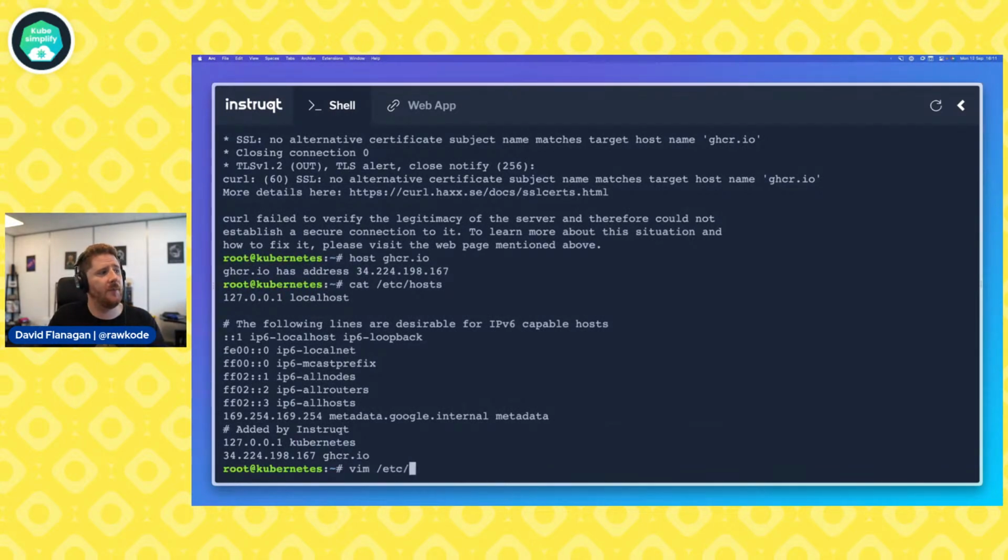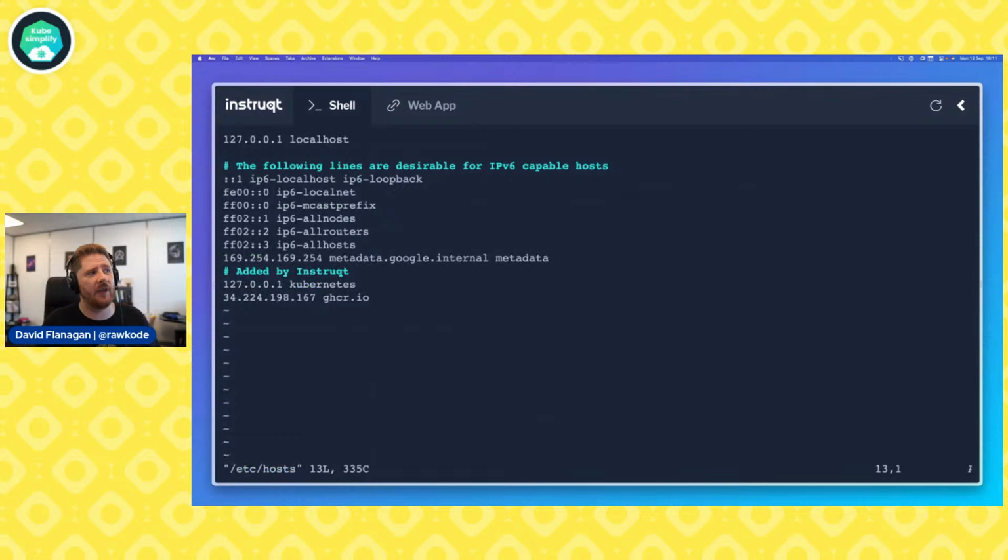So we're going to remove that. Maybe we had that set up for debugging. Maybe we're testing whether we could pull things from Docker Hub instead of GHCR. Now, there are ways to mark curl requests to accept insecure certificates, and there are ways to make sure containerd can pull insecure certificates. However, we're not going to allow that today. So remove that last line and hit save.